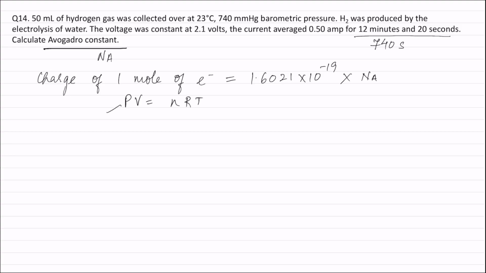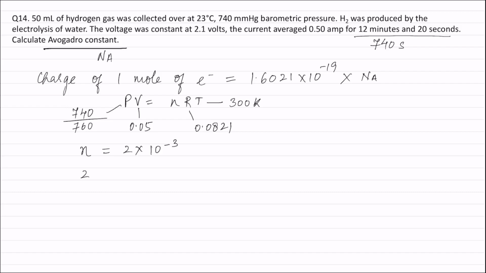Value of pressure is equal to 740 by 760 atmosphere. Volume is given as 0.05 liters. Value of R will be 0.0821 and temperature is 300 Kelvin. From this, the number of moles of hydrogen collected is equal to 2 into 10 to the power minus 3